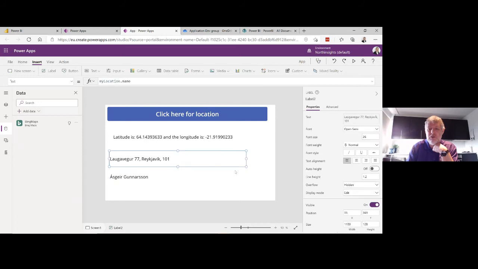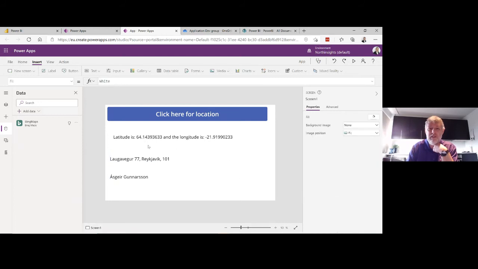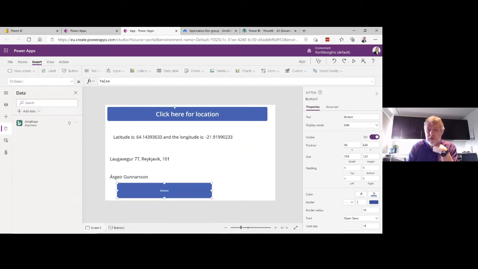Now I just need to put it into my Excel file. So I'm going to add a new button because I want that to happen when someone presses the button. I don't have to. I can just have it all happen in one button. I just want to have it more clear what I'm doing. So I'm just going to call that one submit, and I'm going to say this one is 36 as well.